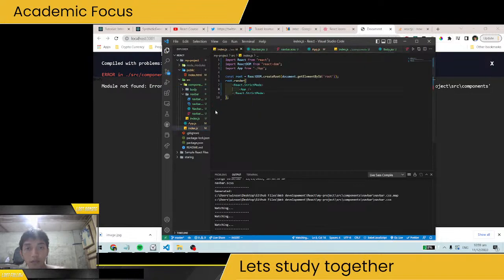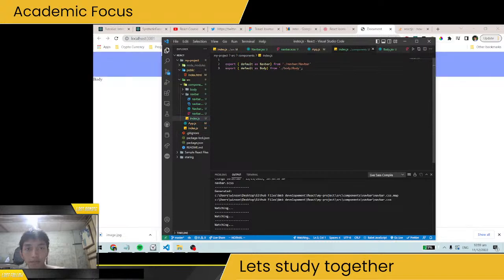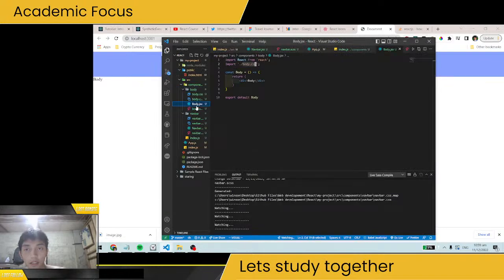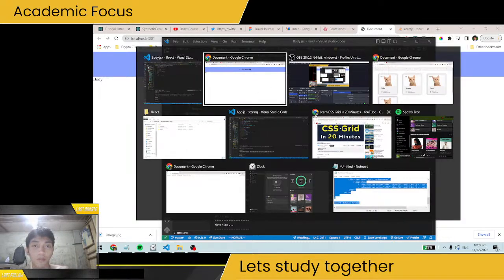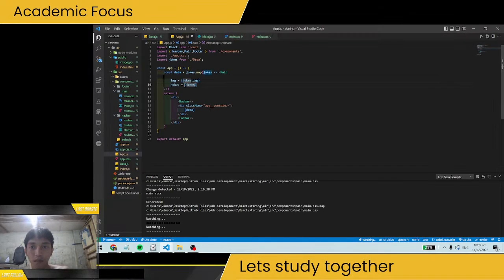Okay, now we have a lot of errors. I don't know what's happening here. Okay, now it's not working. For the body, what I can see is that since we'll be using mapping here, I will try to look at what I have remembered. So I'm not sure how I would be able to implement this here. I'll just recheck